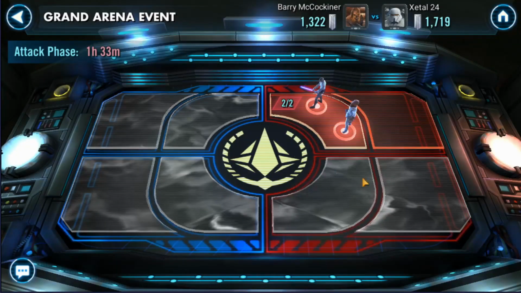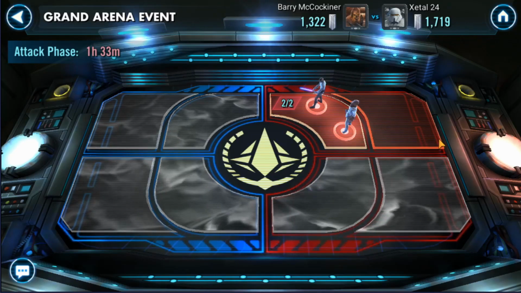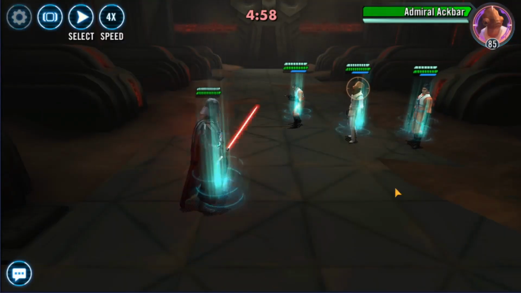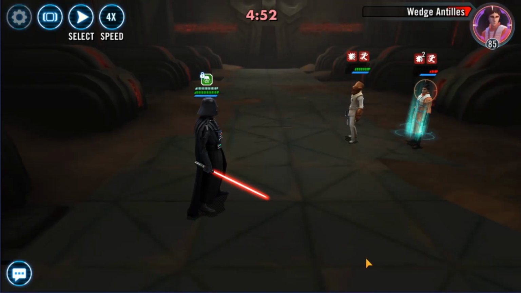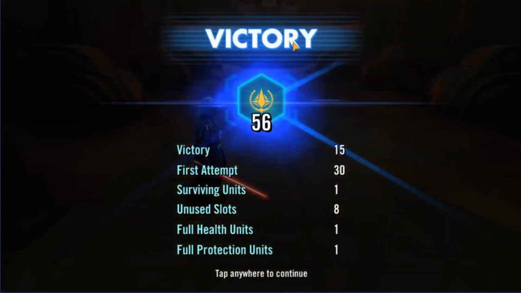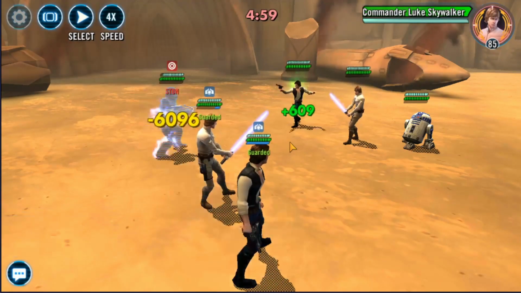So now at this point in your Grand Arena, you have opened up these two back zones here, and you are left only with these teams up top and the ship team. Now for this battle, we will be crushing some filthy rebels with our new Darth Vader. There we go, and perfect. And this is the 56 banners that you can only get if you use one character and he has full health and protection. And our final battle,